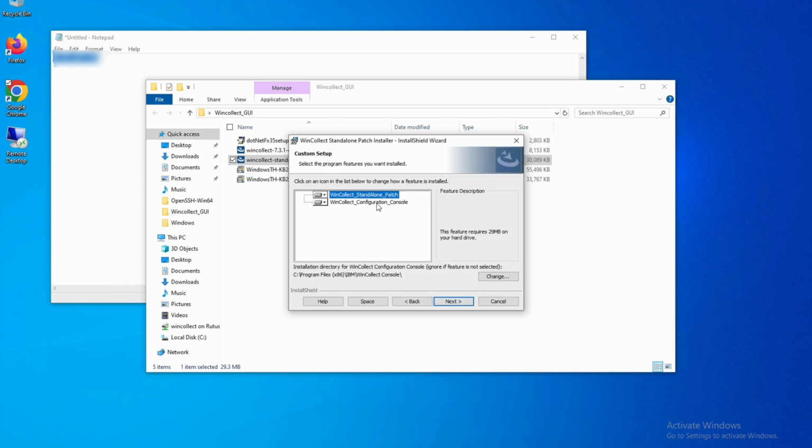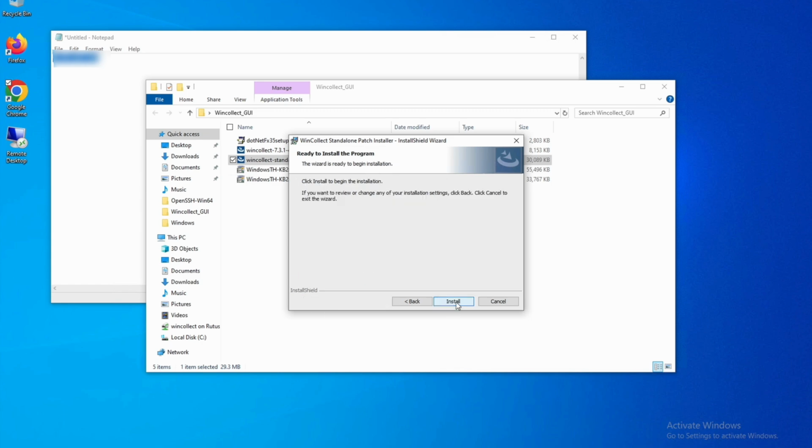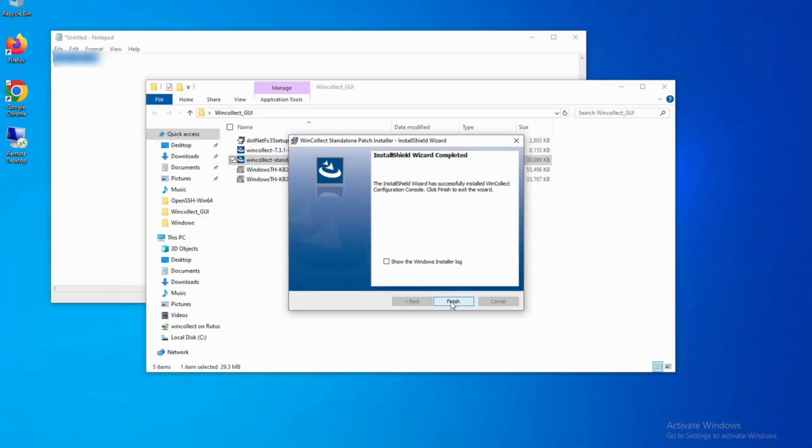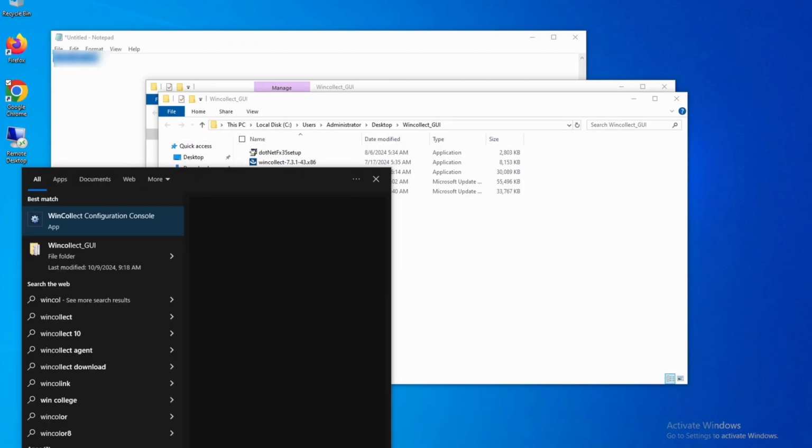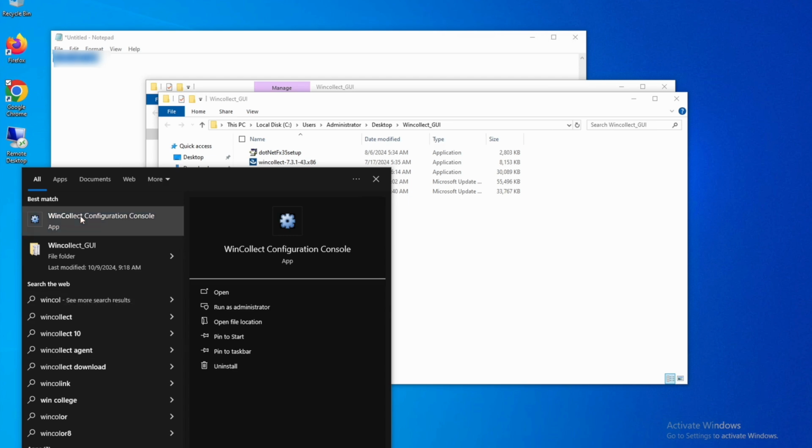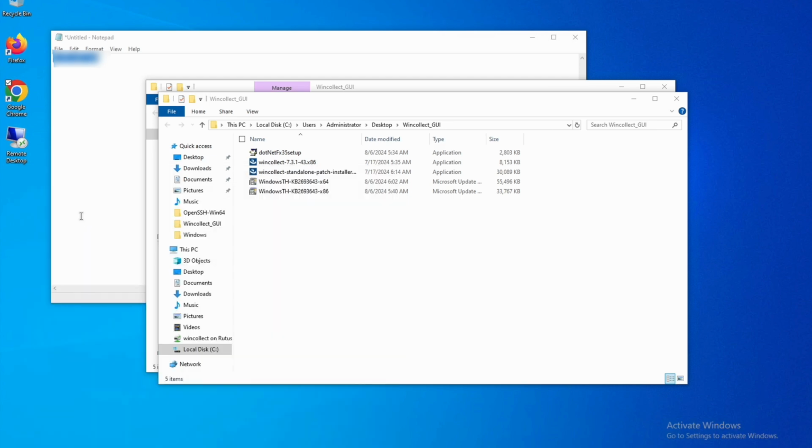There are two options here, and I am selecting the WinCollect console option during the installation. The installation is now complete. To access the GUI, go to the Start menu, search for the WinCollect console app, and you should see the